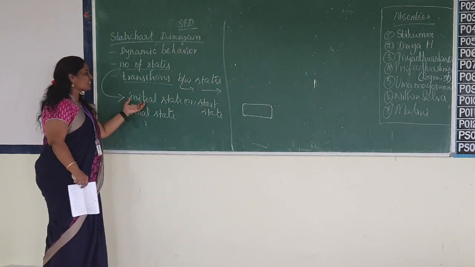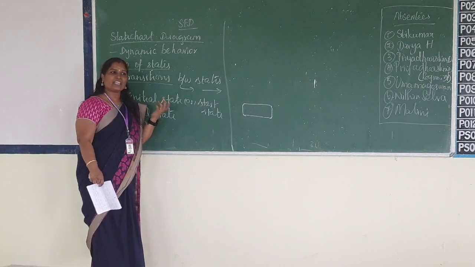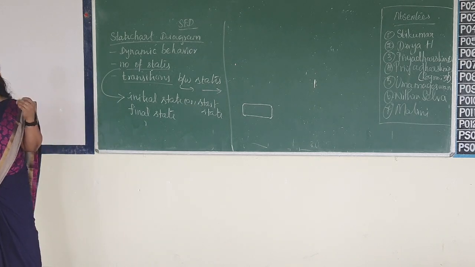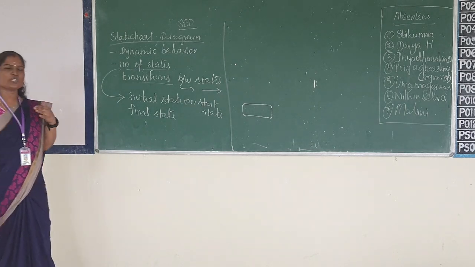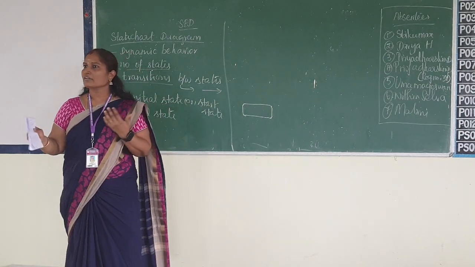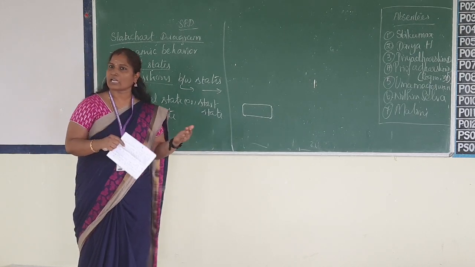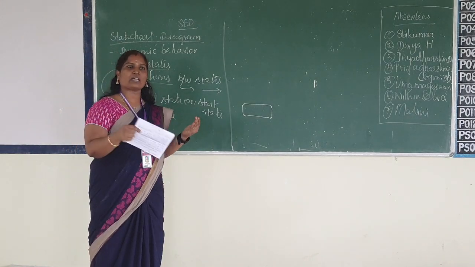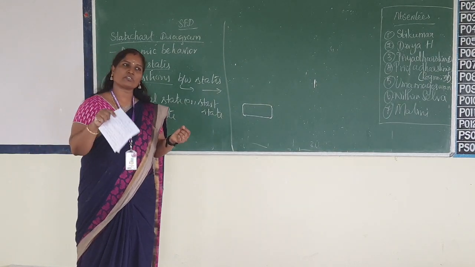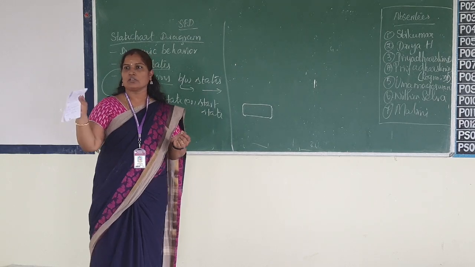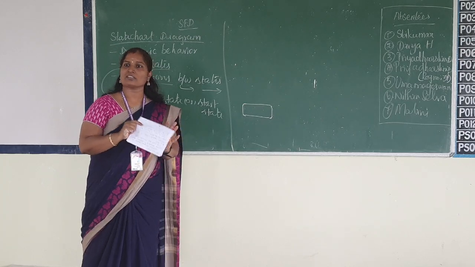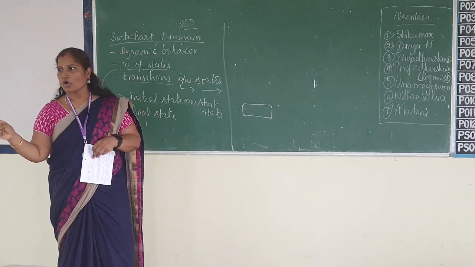What do you mean by an initial state or a start state? It is where the object starts, or what the state of the particular object is initially. For example, you just created an object which is not initialized with any value. Suppose your class name is student, and now you create objects student S1, S2. You have only just created them, nothing is assigned. That is the initial state or start state of an object.